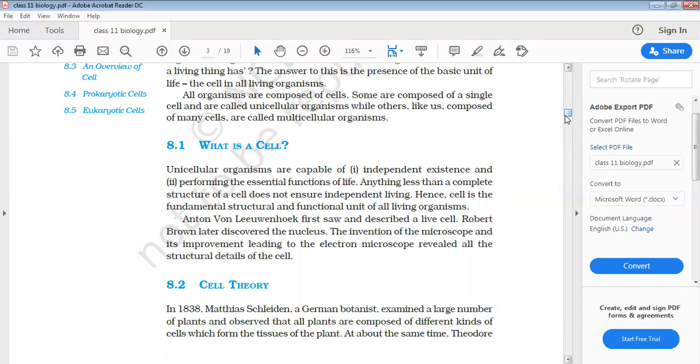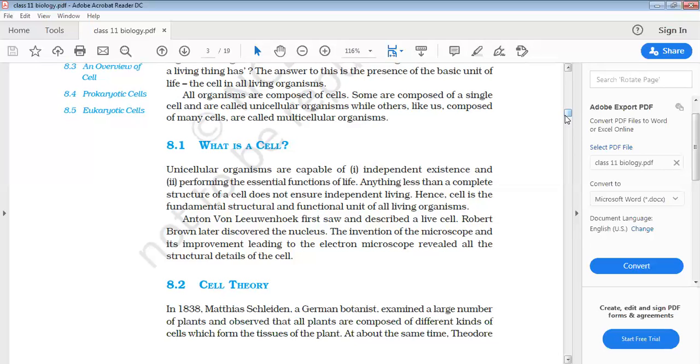After the study of Hooke, there were several other investigations of the cell. Let us see those also. The study of cell progressed rapidly in the 19th century because of great improvement in the microscope. Lamarck remarked that no body can have life if its constituent parts are not formed by cells. In 1831, Robert Brown discovered the nucleus in the cells of orchid root. By this time, it had also been found that cells were surrounded by some sort of limiting structure, the cell membrane.